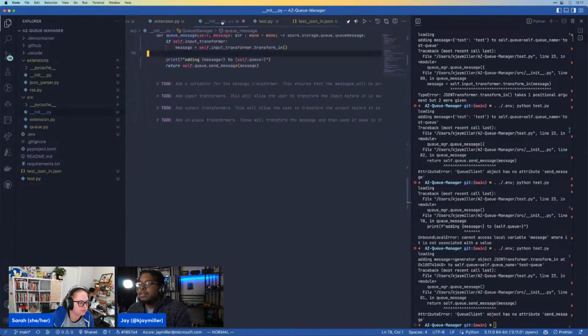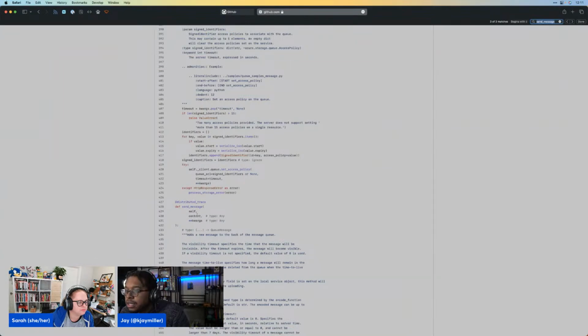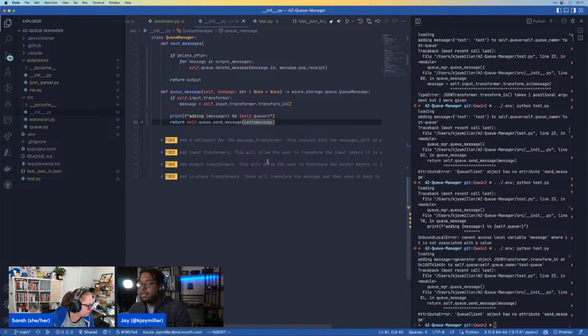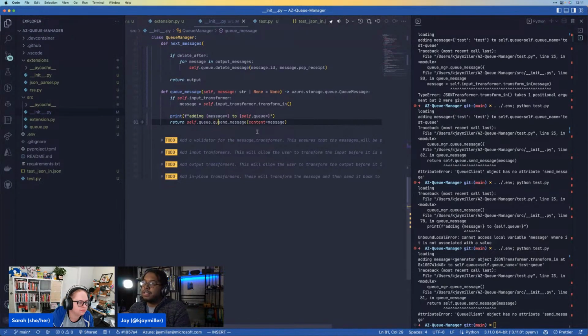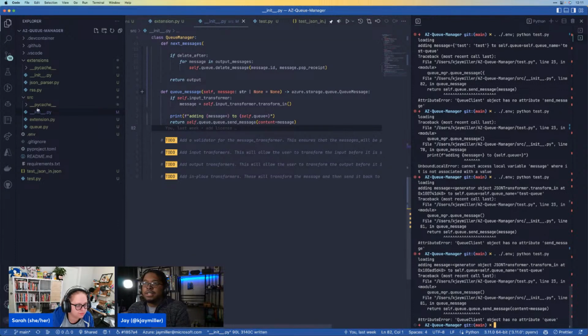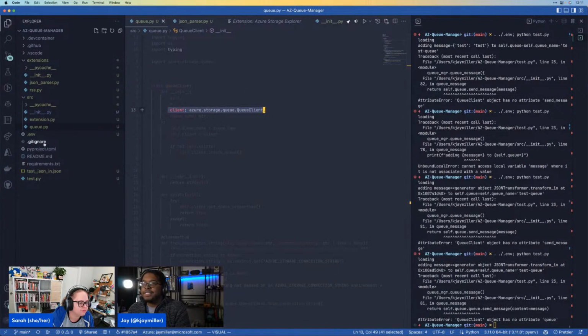So you'd need to put something in. Self queue, send message. Content equals that, but I mean that should be the same. It's saying queue client object. Oh yeah. Where's my queue client here? Definitely getting lost here. What happened? There's a lot of queues and queue clients. Yeah,